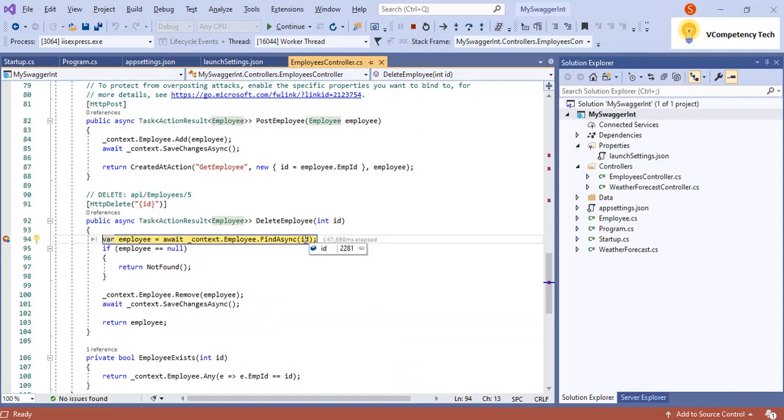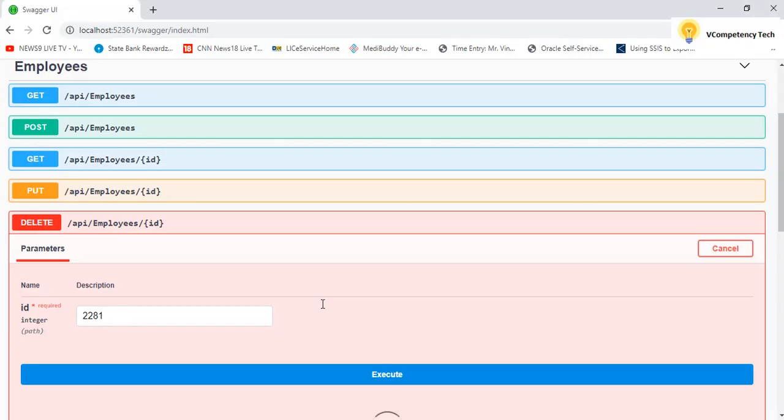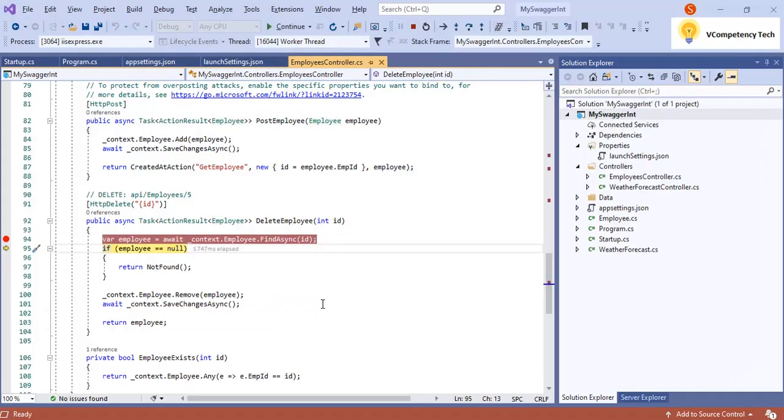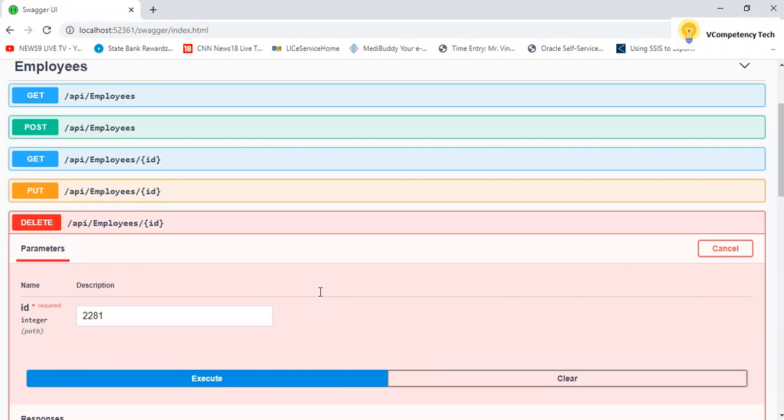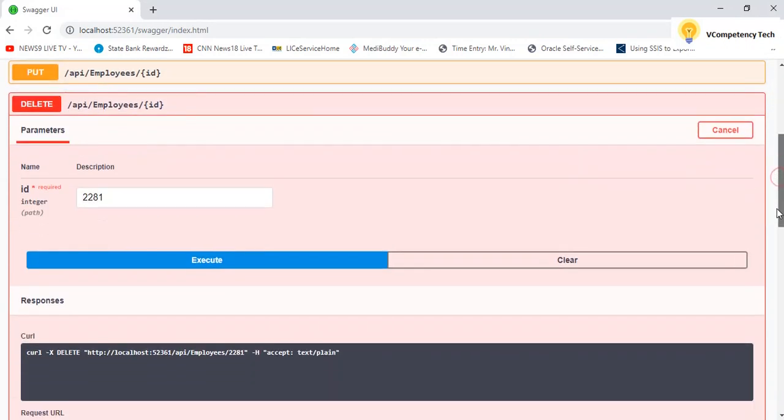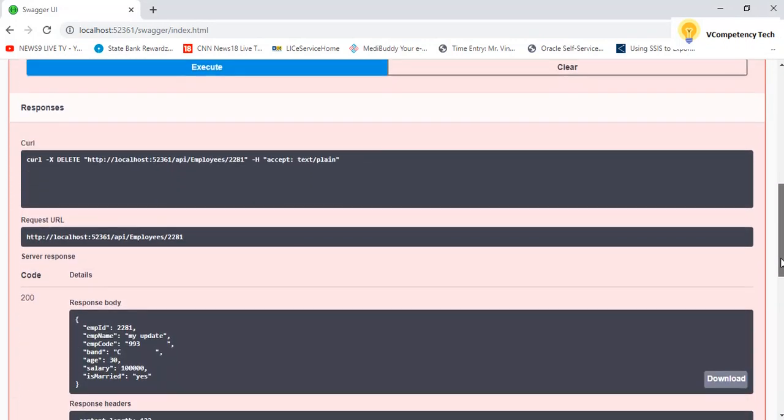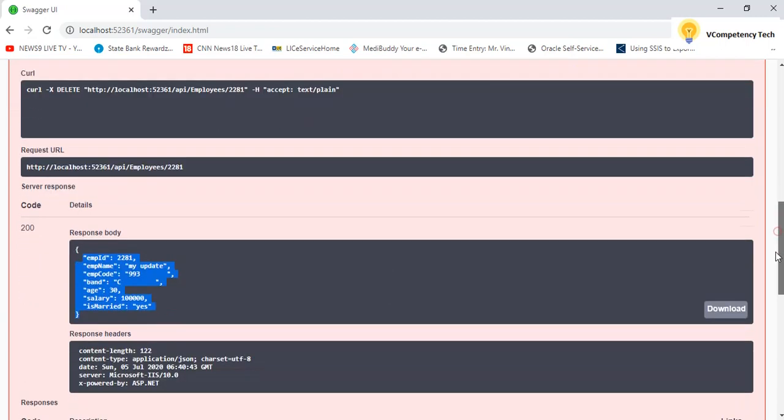I am going to delete ID 2281. It will check, then it will remove. Okay. I got response code 200, and this is the data which we have deleted.